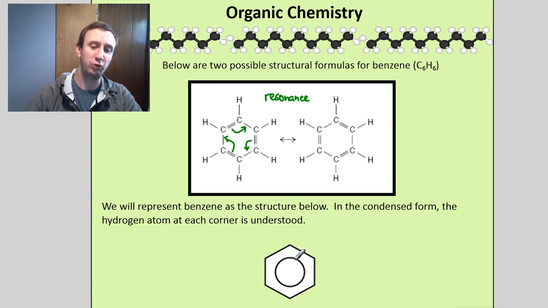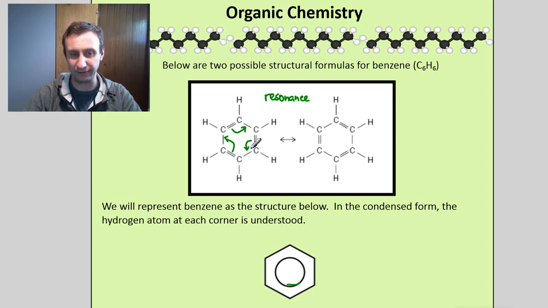How we represent this resonance structure, and the fact that it's both of these structures at the same time, is we can draw this special diagram which shows the double bonds as a circle, which just shows that these double bonds are delocalized. They're not in just one of these or 3 of these positions, but they're in all of these positions at one time. In other words, it's both of these structures at the same time. Is this confusing? Probably. So let me sum it up: in benzene, it has 3 double bonds, but those double bonds are actually existing between all of the carbons at the same time. They're what we call delocalized electrons.